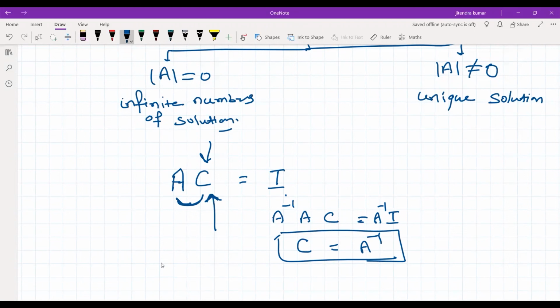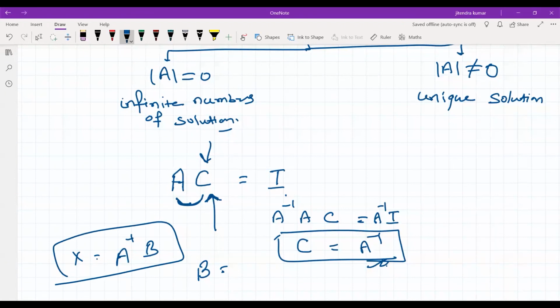So we don't need to find A inverse now. We already have A inverse here. We just need to find the B matrix, which we can find from the given equations, and then find this product A inverse into B, and equate. You can find the values of X, Y, Z. So this is another type of question.